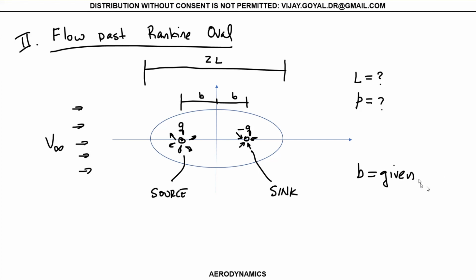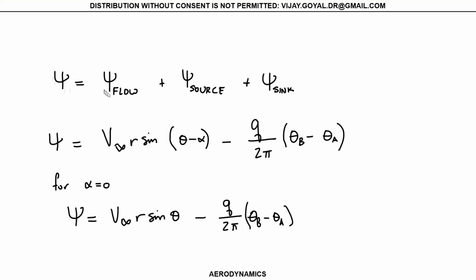So it's very interesting. You can actually see this in simulations. If you put this source and your sink and you have a uniform flow, you will generate an oval like this, which is kind of pretty neat. So now we got three things, right? We got the flow, we got the source, and we got the sink. So then expect that you're going to have the stream of the flow, we're going to have the source, and we have the sink. So if these were combined, if you go back to your previous lecture,